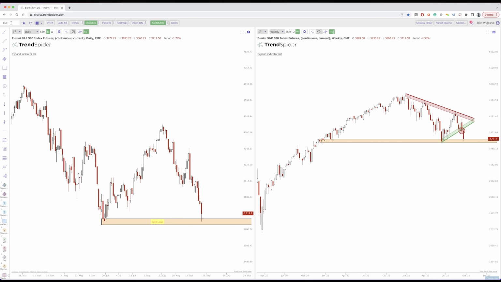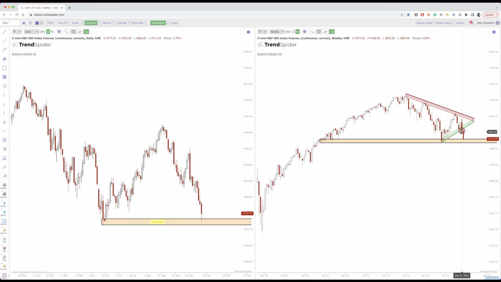So we'll start off with this. You can see here that we did retest the June lows this week, pretty much on Friday, just a huge move down. And remember, I do these videos on Friday. So today we did retest this zone. Now we did get a little bit of a bounce. You can see that shown by the wick here, but all in all, looking rather rough,